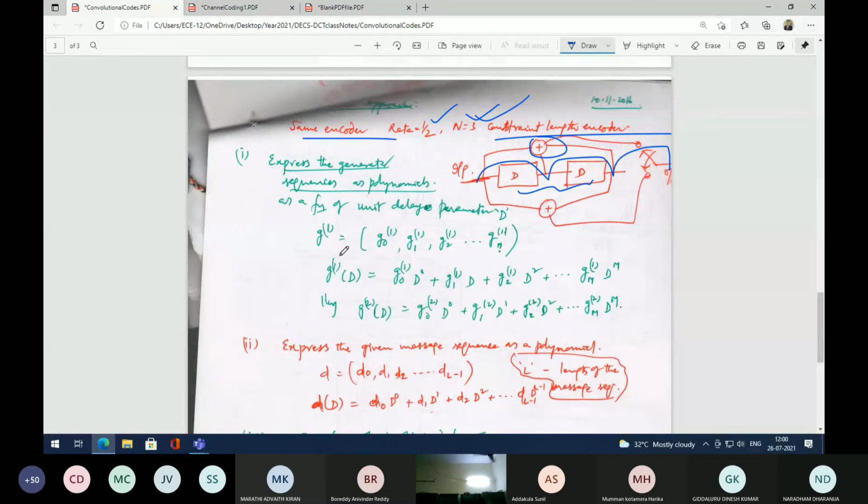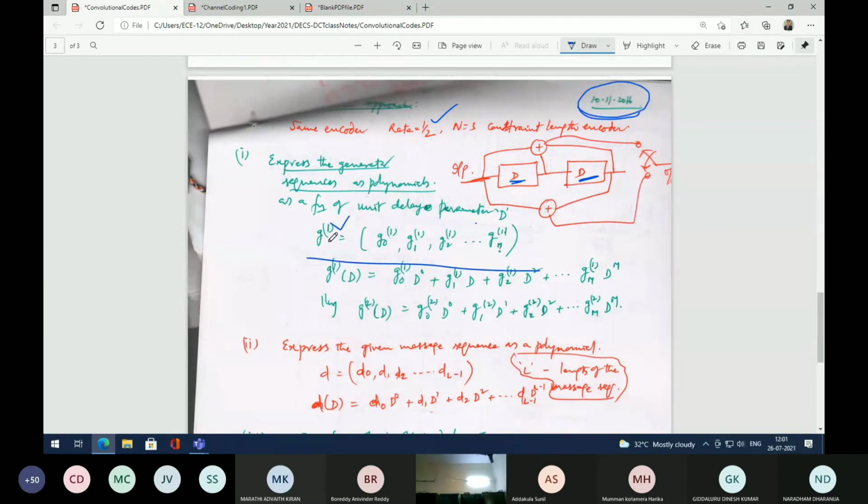Now let us see. Here, when I am shifting, for example, if I say it is U of L, then this becomes obviously U of L minus 1, and this one is U of L minus 2 in this particular case. So I represent that delay as capital D. Capital D is the delay. Okay, this is my first output.